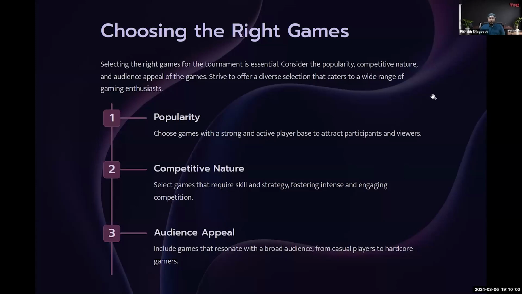So there's two ways you can look at popularity. One is just the number of people playing the game. And the second thing is the people who play the game, sometimes they do not have too much time, but they love watching tournaments, or they love watching streams. They love looking at what the influencers are doing, etc. So there are a few games which have a very huge audience that only gets active when there